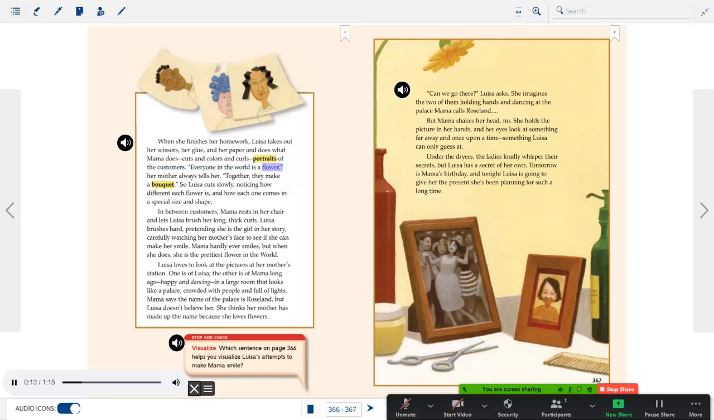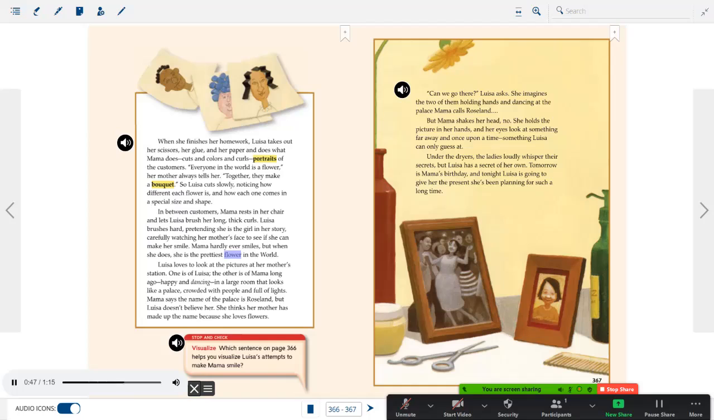Everyone in the world is a flower, her mother always tells her. Together, they make a bouquet. So Louisa cuts slowly, noticing how different each flower is, and how each one comes in a special size and shape. In between customers, Mama rests in her chair and lets Louisa brush her long, thick curls. Louisa brushes hard, pretending she is the girl in her story, carefully watching her mother's face to see if she can make her smile. Mama hardly ever smiles, but when she does,